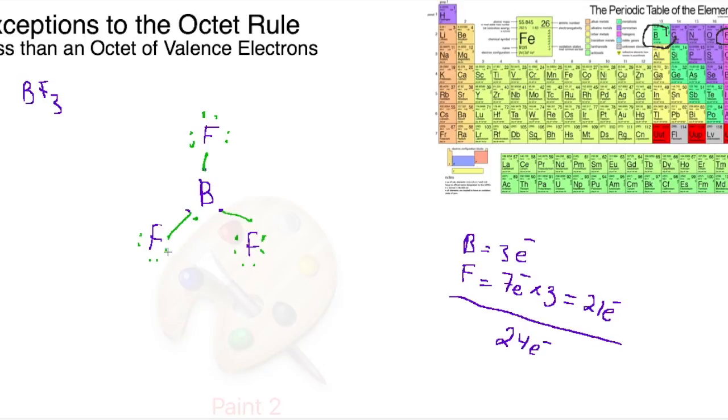Then I'm going to make a bond over here. This one is still satisfying the octet rule for fluorine. The other ones we left the way they are, and boron's octet is satisfied as well. Based on the octet rule, this structure looks very good because each of the atoms has, whether shared or not, a total of 8